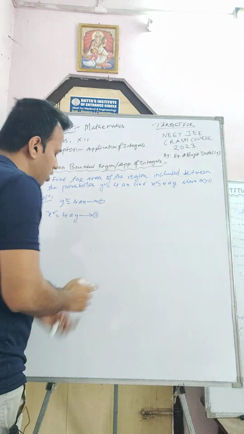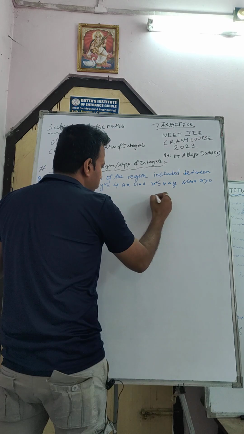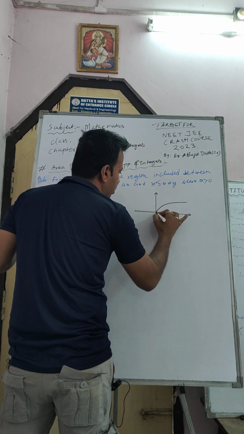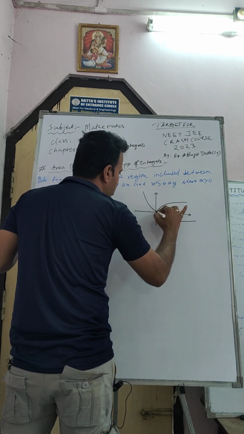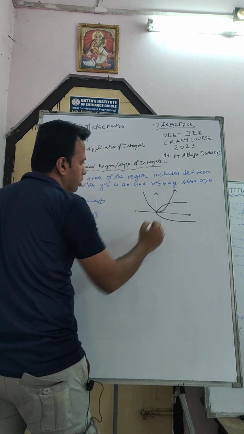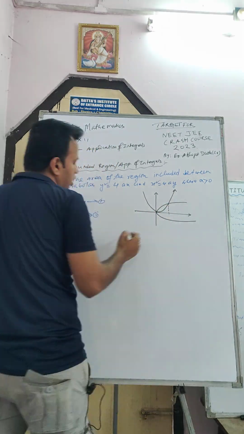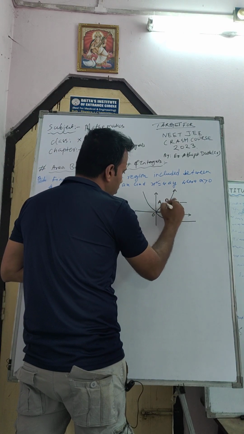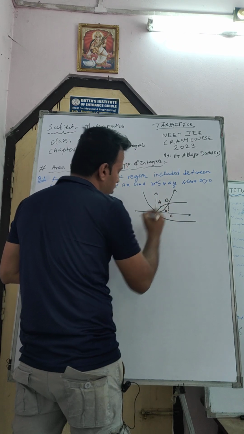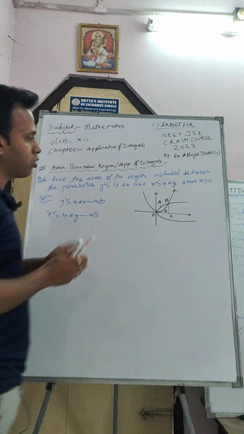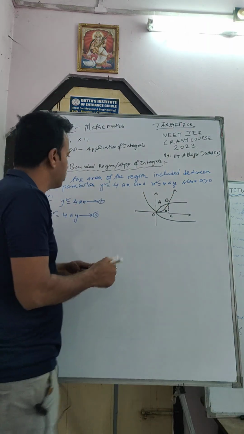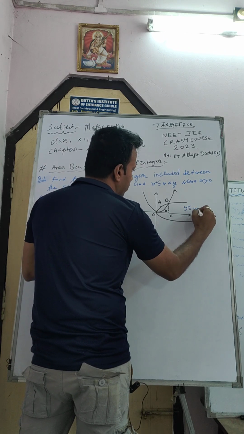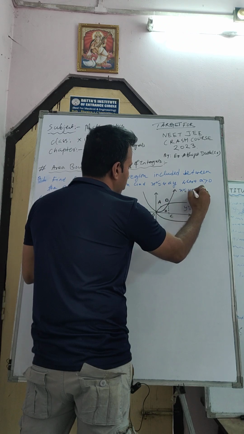Okay, now first try to draw the curve. This one is one parabola, okay, and this one is another parabola, and the intersecting point is this one. So suppose this one is O, this one is A, this one is B, and this one is C, and this one is D. Okay, so what is the region enclosed by this one? This one is parabola number 1, y square equal to 4ax, and this one is x square equal to 4ay.